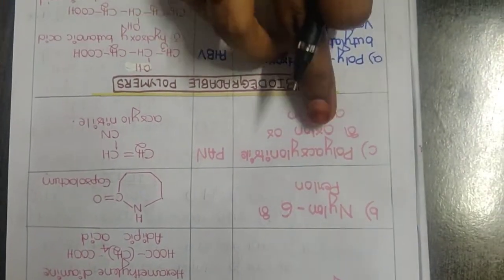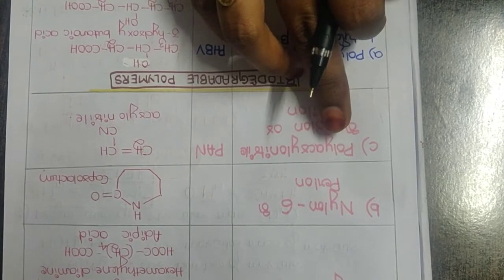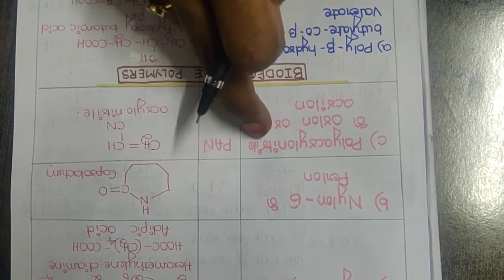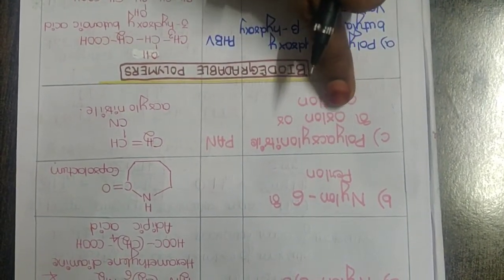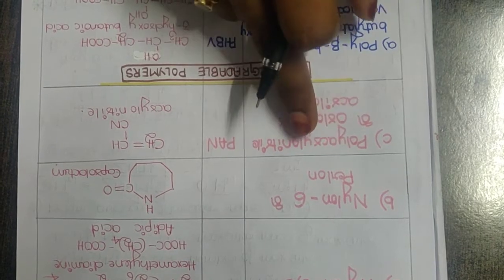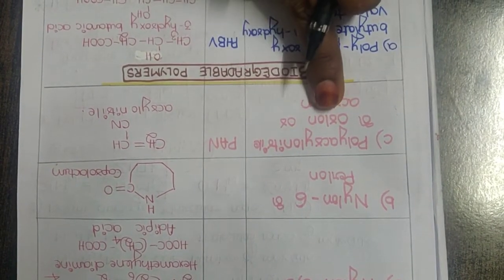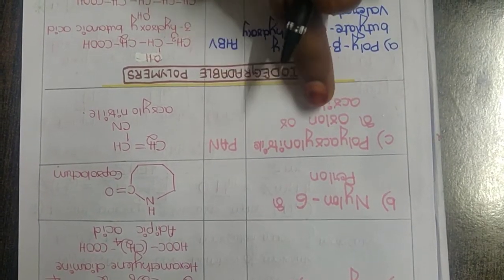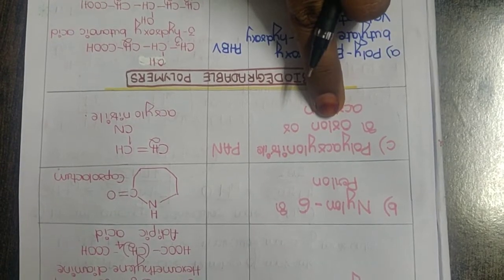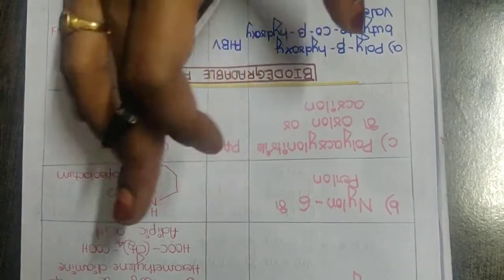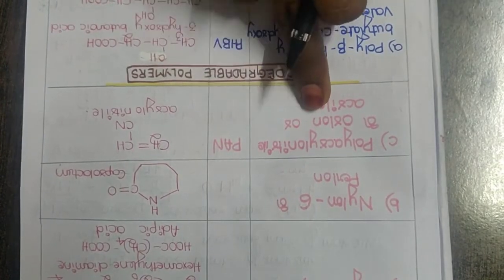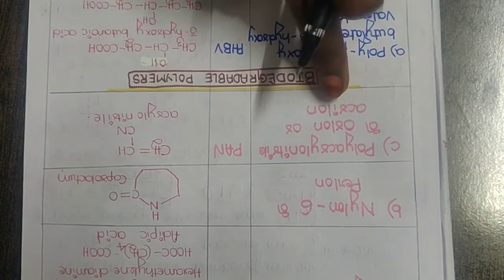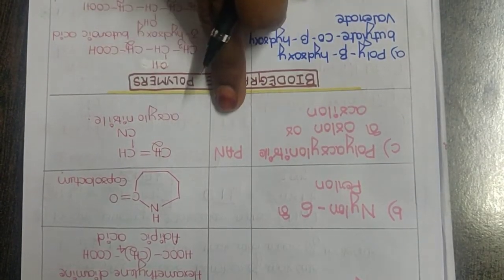Okay, so the next is polyamide. Under polyamide we have another example, that is called polyacrylonitrile. Commonly in your competitive exams they don't use the word polyacrylonitrile, but they'll be asking about Orlon or acrilan. So what are the monomers present in Orlon? Orlon is an example of a fiber. So you should be aware of polyacrylonitrile or Orlon or acrilan, which is commonly called PAN.